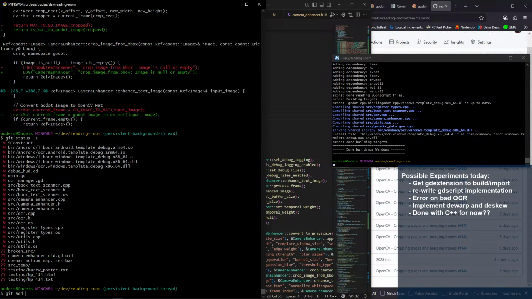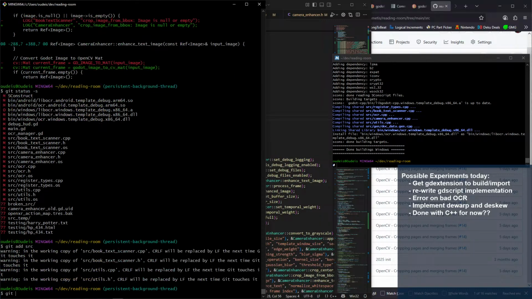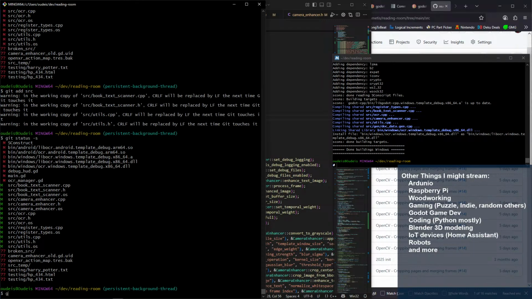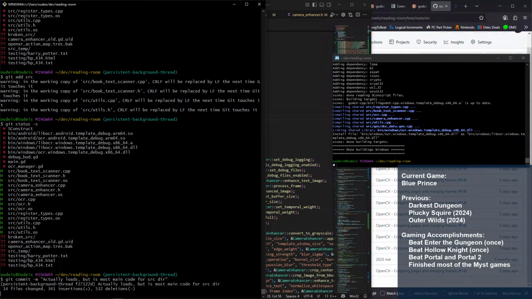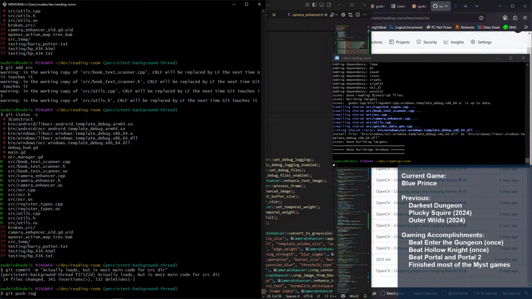I'm going to do git add source. And then, actually loads, but is mostly main code for source dir. Let's back that up.